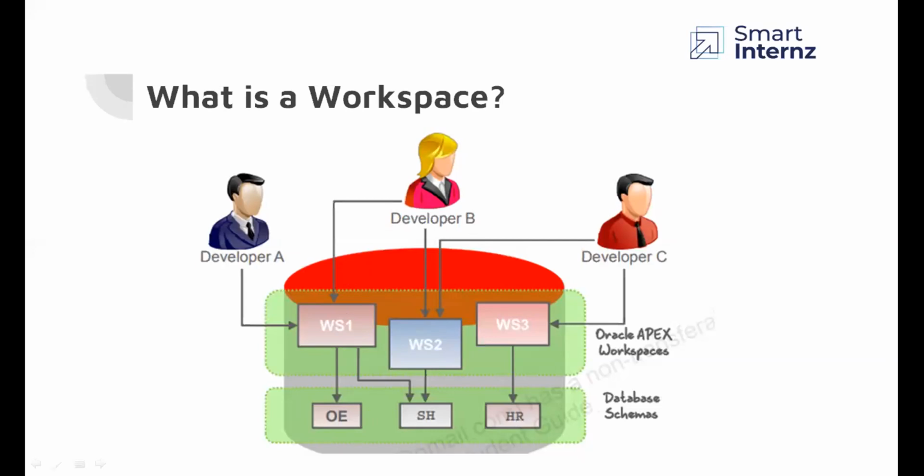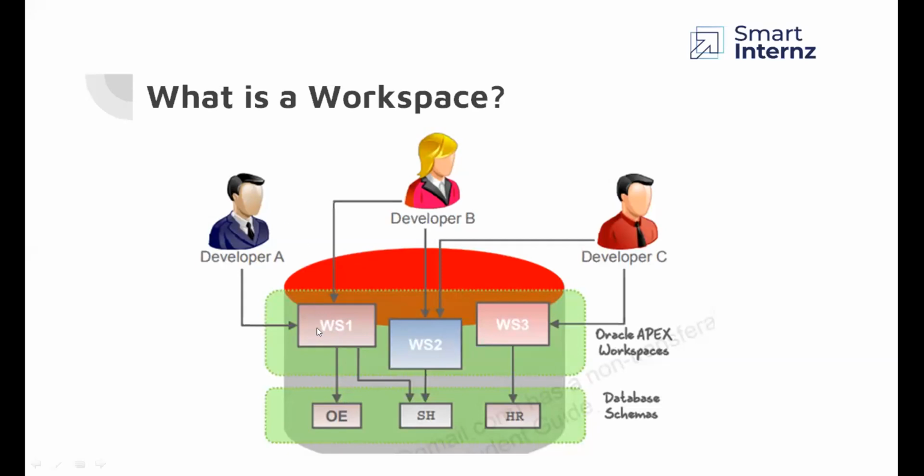As I told you, if you want to develop any application, you have to make sure that there is some schema associated to the database. A workspace should be associated with some database schema. While you create a workspace, you have to mandatorily give one schema to it, then only you can